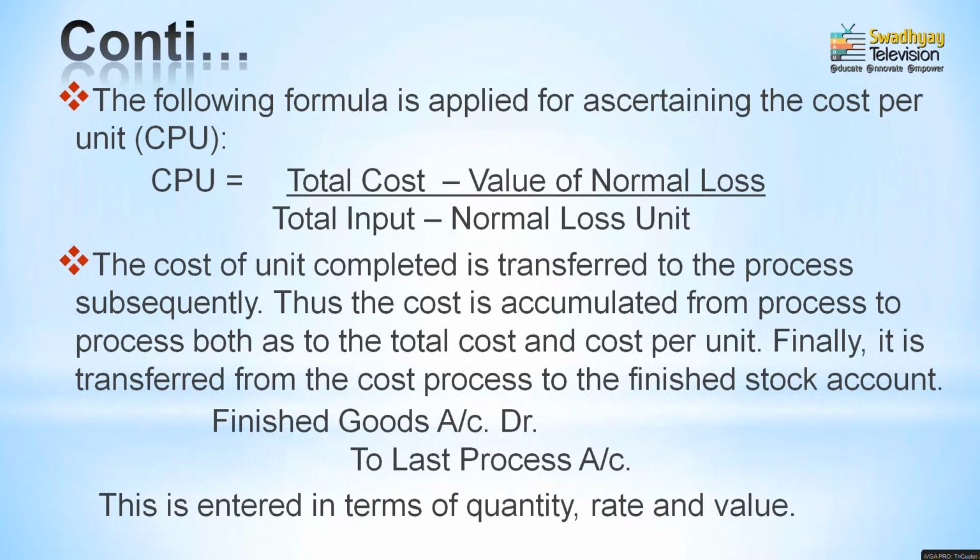Then next, the cost is calculated and transferred to the subsequent process accounts. We already transferred the process one by one into the subsequent process account, but the most important part is that whenever you transfer this total cost at the end of the particular process, it would finally be transferred to the finished goods account and finished stock account. It means that the amount of the process would be transferred at the end of all processes to the finished stock account. And the formula and the journal entries for this